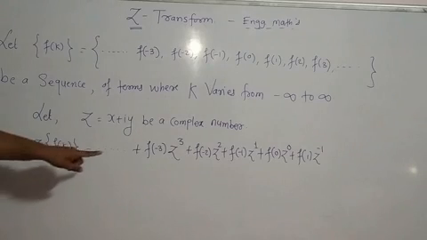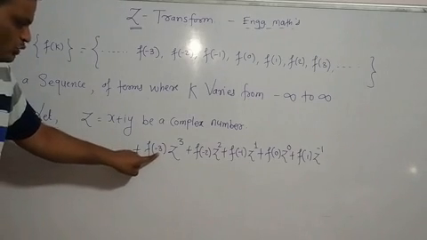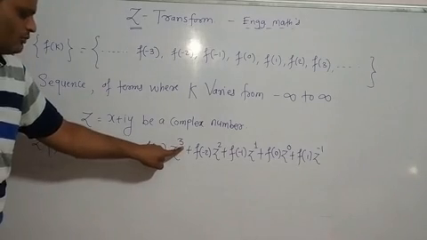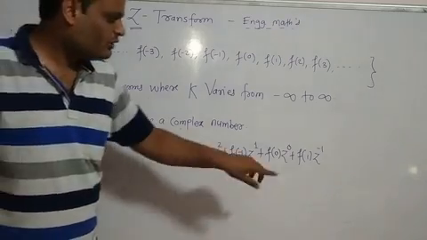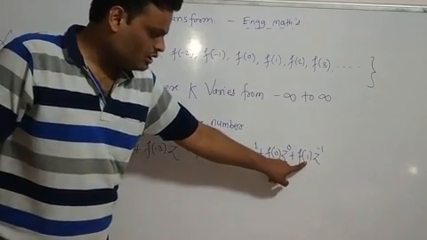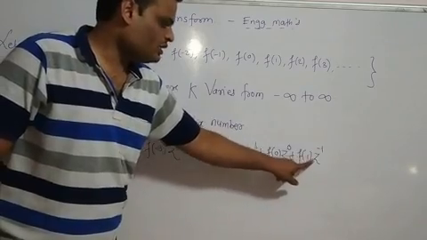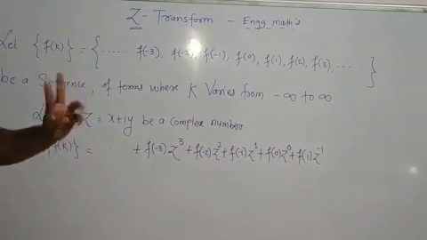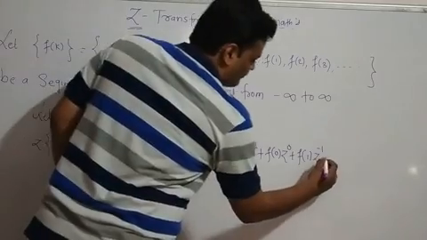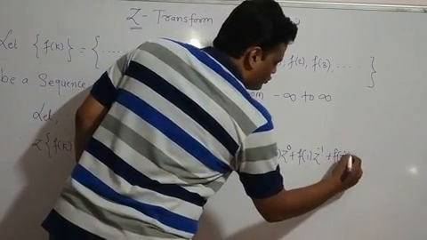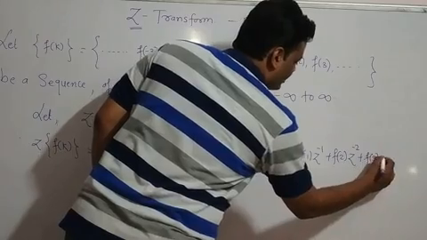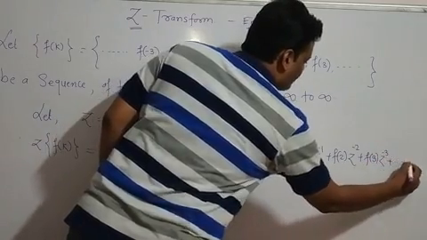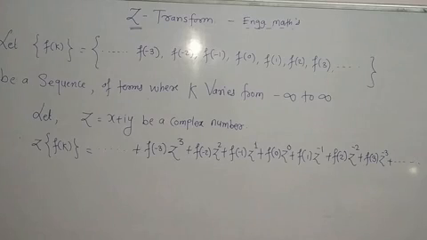Okay, now here you see, if you have a negative k, then the power must be positive. Similarly, here negative, power must be positive. And if you see over here you have k positive, then power must be negative. Okay, so the sign must be opposite. That is how we define it. f of 2 z raised to minus 2 plus f of 3 z raised to minus 3 plus dot dot dot. Means it will continue up to plus infinity.